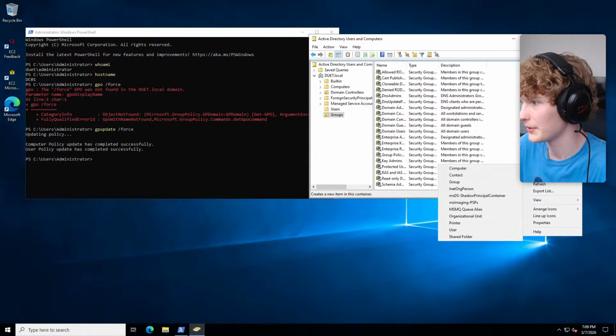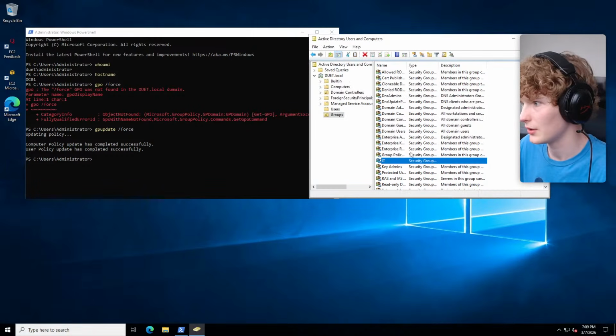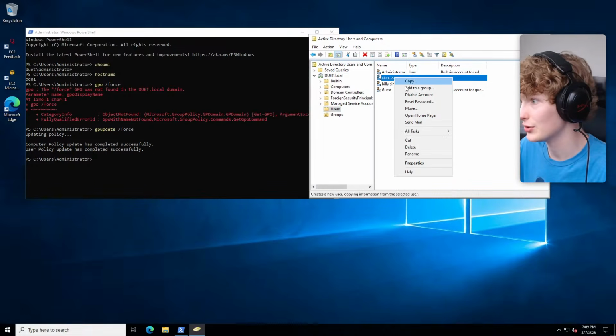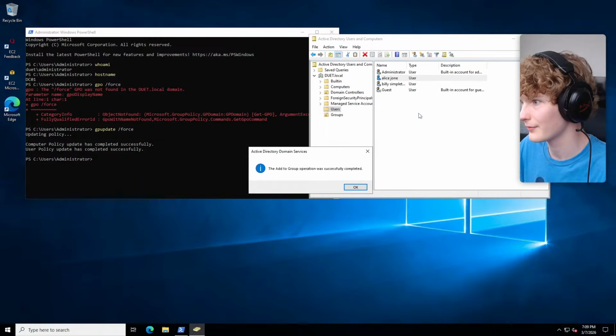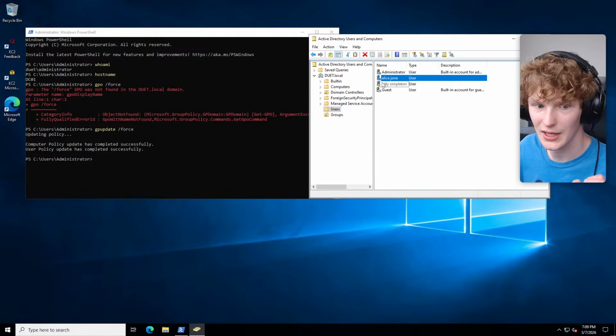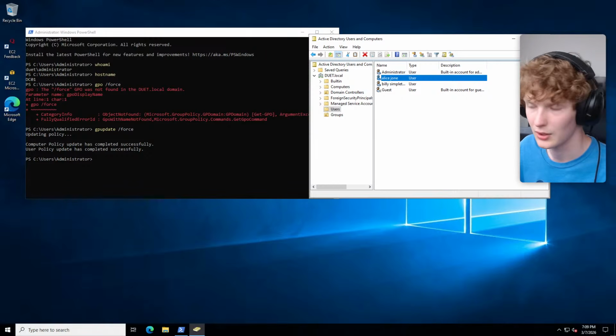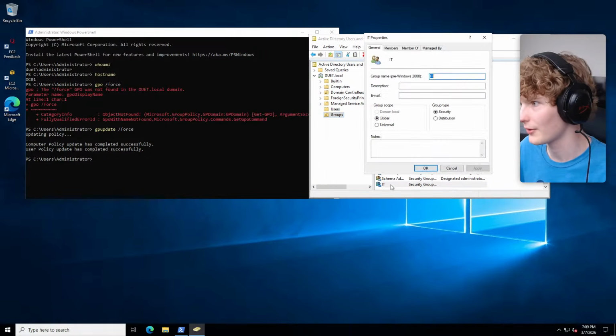We're going to create a new group here and call it IT. And we're going to add Alice Jones to the IT group because this is going to be our BloodHound path. And we need to add GenericAll or GenericWrite to... So let's go groups. See if I remember how to do this.